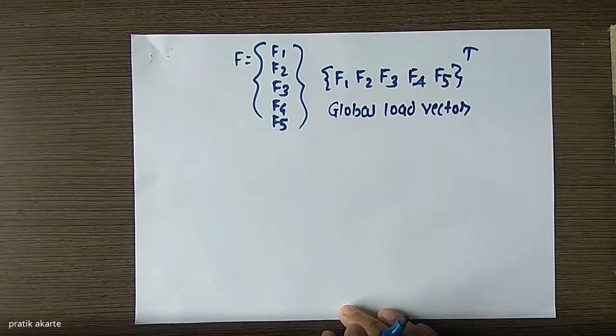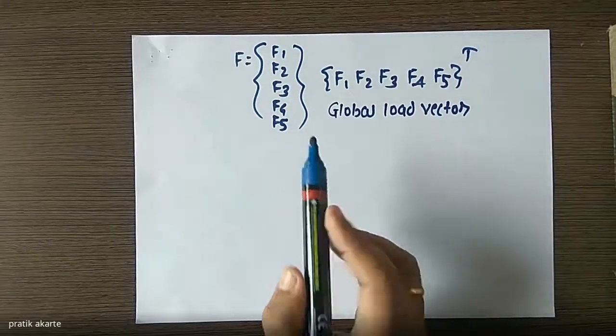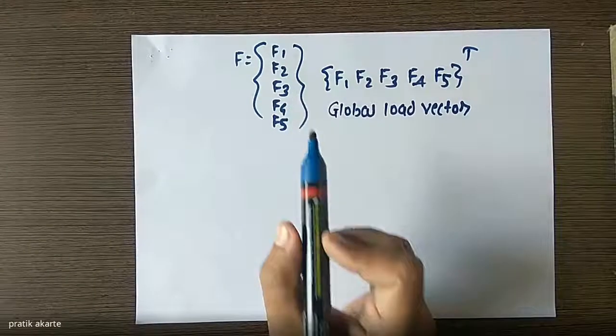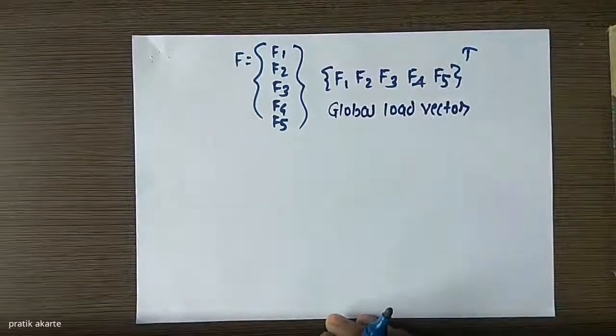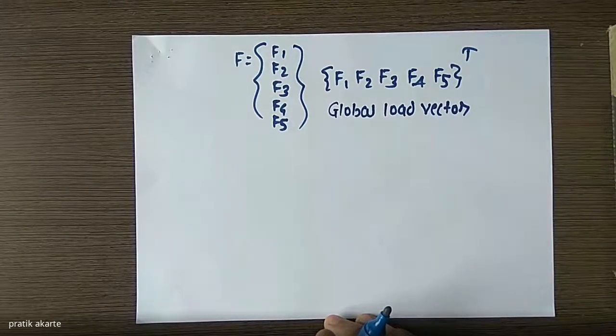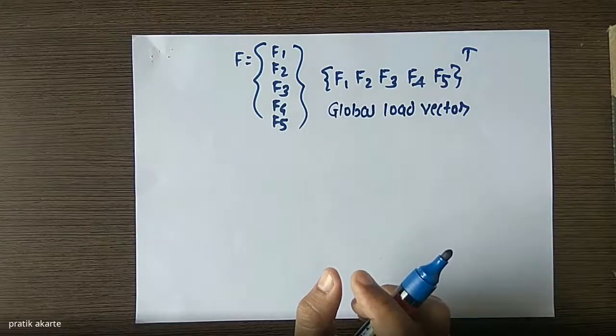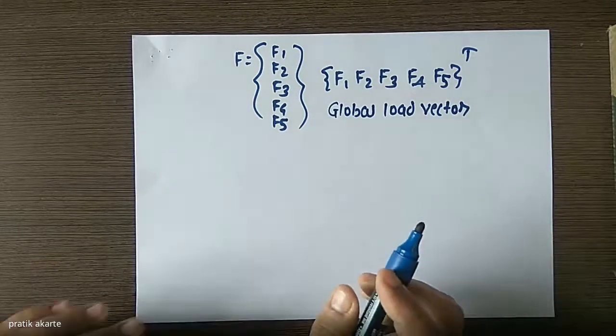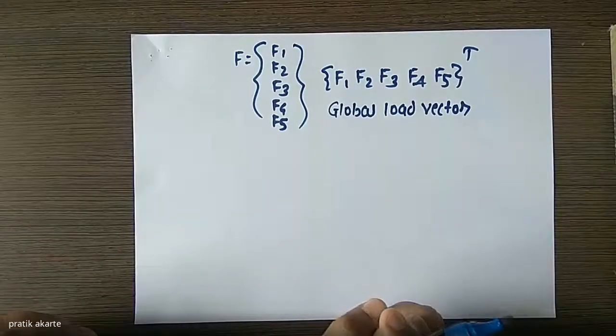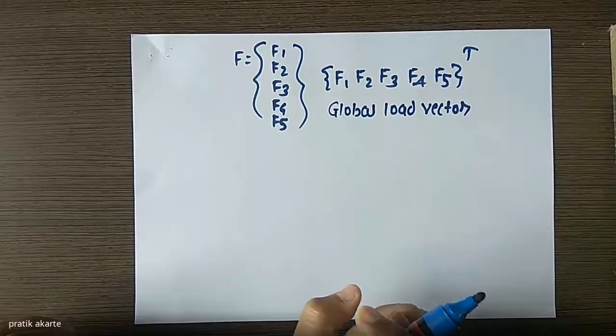The answer is, Q1, Q2, Q3, Q4 are the displacements at the nodal level. Okay, but we are not interested in the displacement at the nodal level. We want the displacement of the entire structure after the application of the load. That can be done by combining all these loads and combining all these displacements. Okay, so that's why we write it in the form of global load vectors or global displacement matrix or displacement vector.